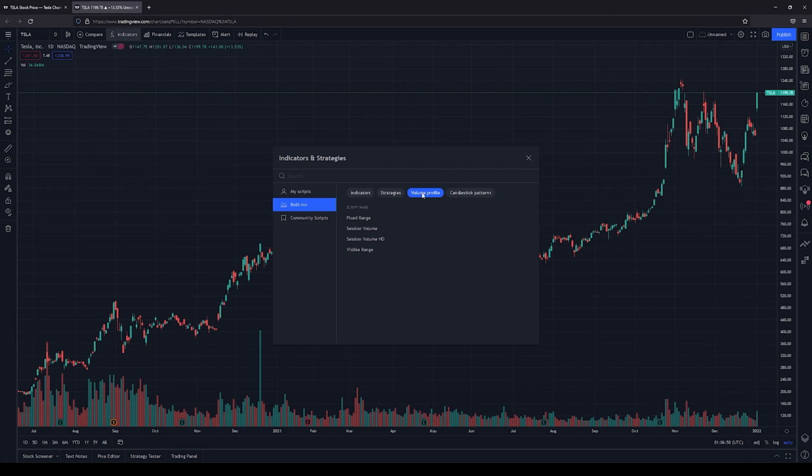Over here on volume profile, I believe these are all premium things that you can unlock whenever you pay for the service. And then candlestick patterns, these are really cool. On the price action, it gives you a little indication when whichever one of these price action patterns appears. It's really cool, instead of having to study it and be like, oh man, where's this, let's see, man, I don't want to pronounce half of these. So this Dragonfly Doji, let's see, a bullish,